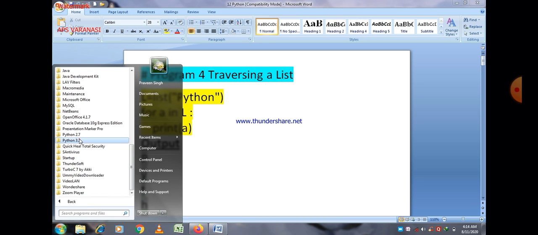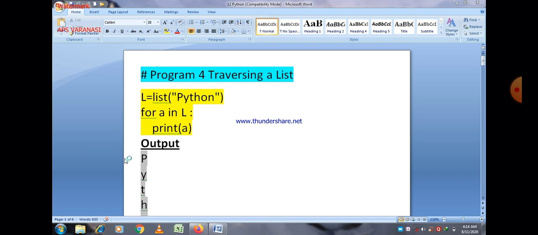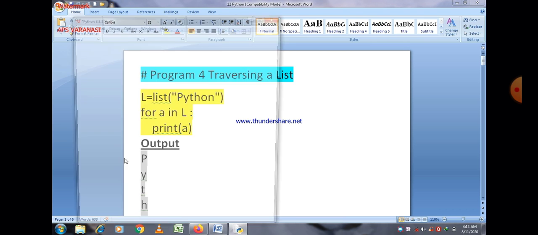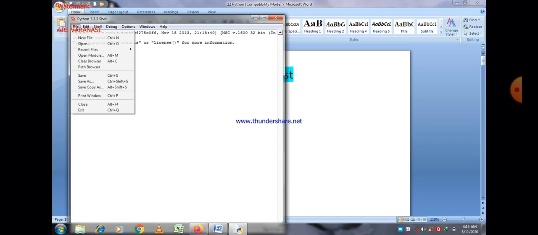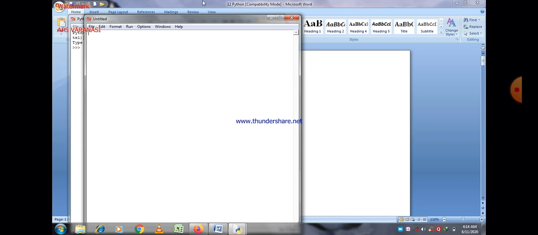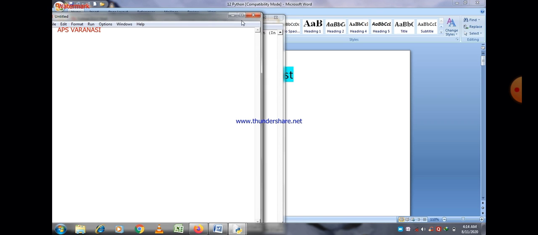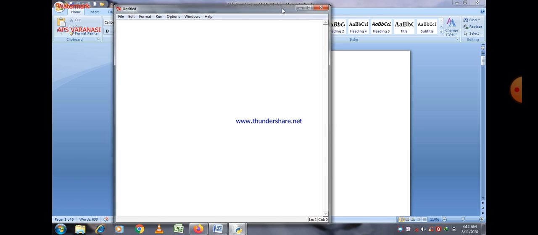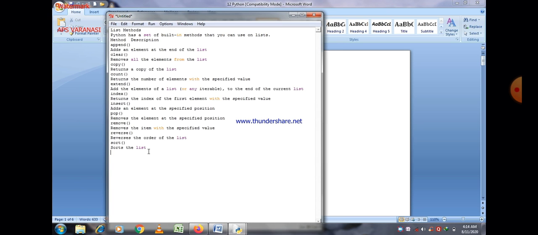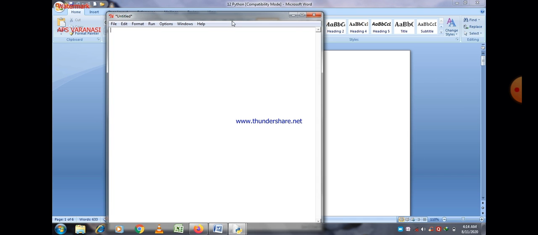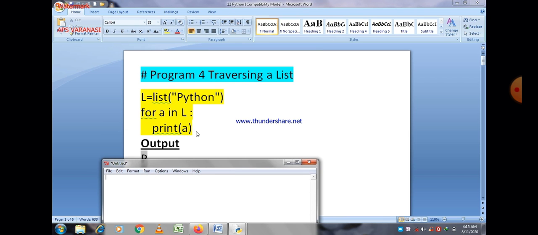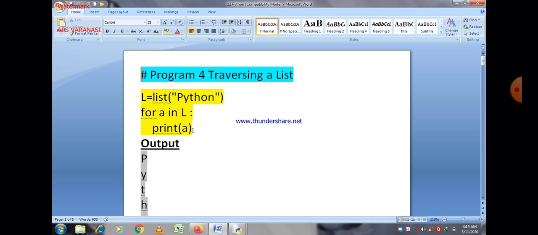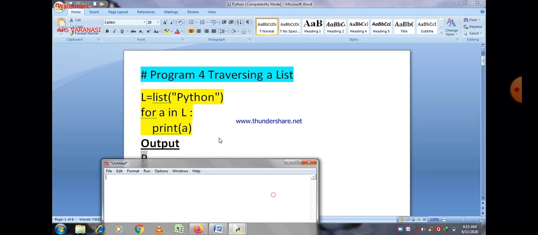Let us try to execute this program and see what the output is after execution. Is it the same as we expected or not? Now, students, this is a program here. Interactive mode is here, so just open script mode. This is another program, just write this one here. Here I just perform a copy and paste operation to save our time.